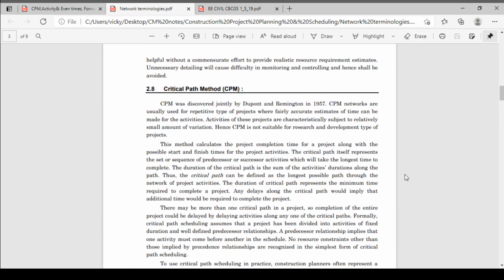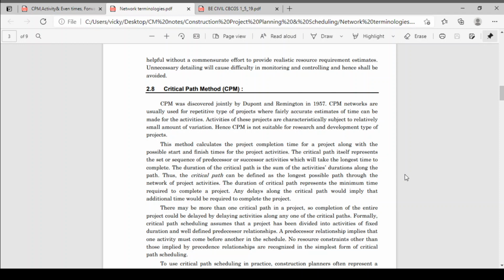Okay, now we'll come to the main point, that is the critical path method, CPM. CPM was discovered jointly by DuPont and Remington in 1957. CPM networks are usually used for repetitive types of projects where fairly accurate estimation of time can be done.